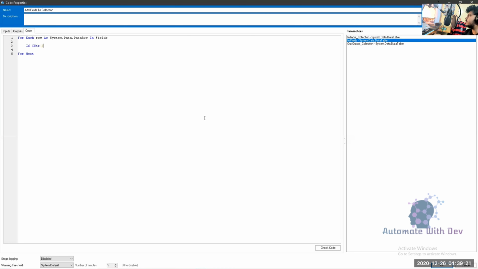CStr, so I'll be converting my row into a string. Is row of, okay, now I have to provide the column name here. So the column name that I had was field type, if you remember. So if CStr, okay, once I've converted it, I will give equals, and here I have to give the first condition for the string part, string, right? Then what I will do, then, okay, and here then I can give an else if condition, because